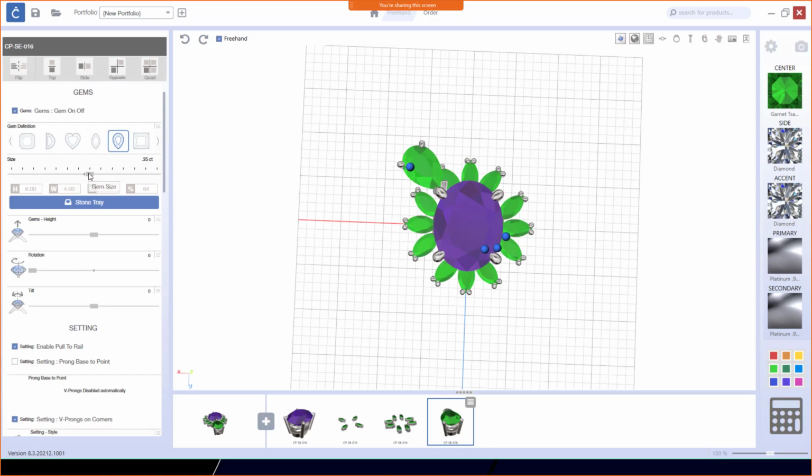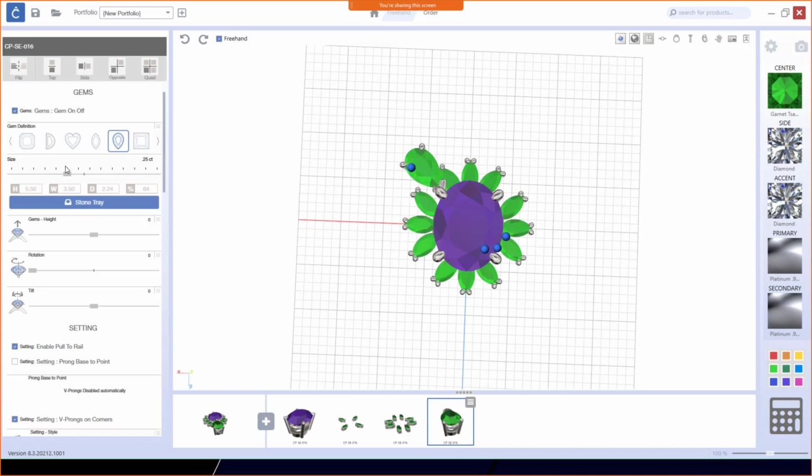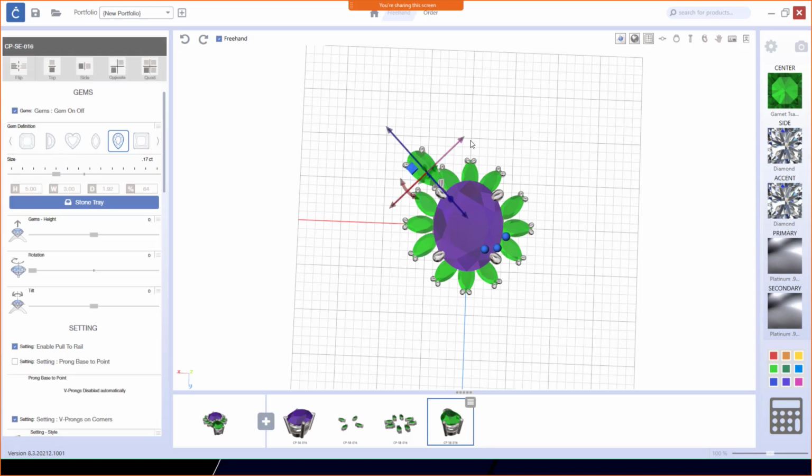If you are doing this as a remount piece where you have stones that are specific sizes that you have to use, my recommendation would be to build this in quadrants. So lay out a quarter of the number of stones that you have to work with, and then design a quarter of the piece. So if you have 4 pear shapes and 12 marquise, then give yourself maybe 1 pear shape and 4 marquises, and then your center stone, and start playing